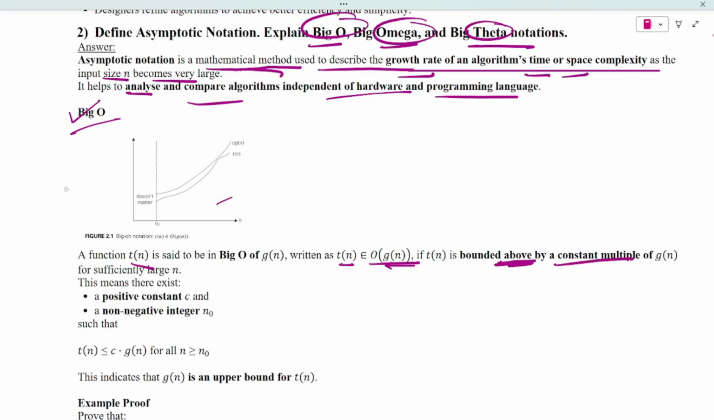See, you can see the function given is below the line of c of g of n, that is we call it as above. Okay, that is bounded above by g of n, that is you call it as big